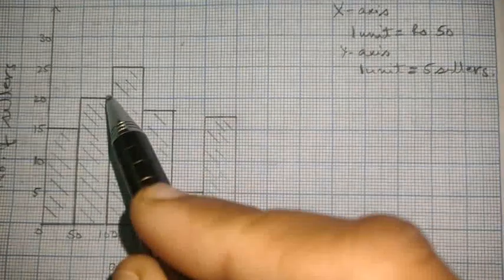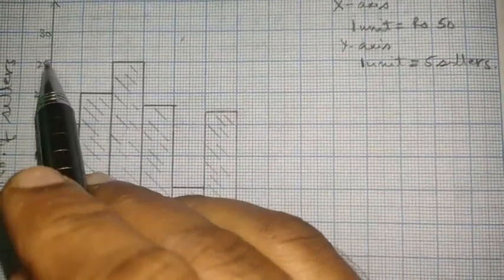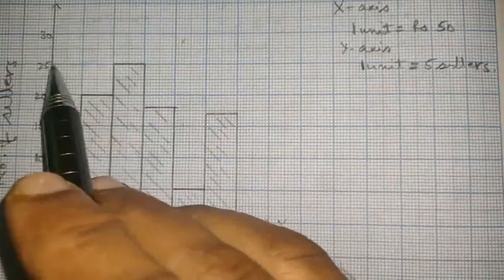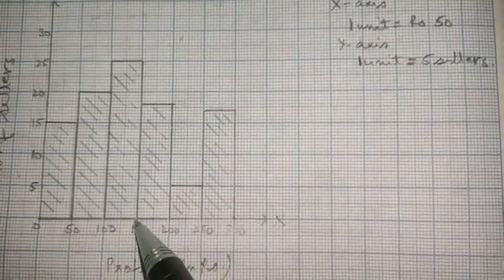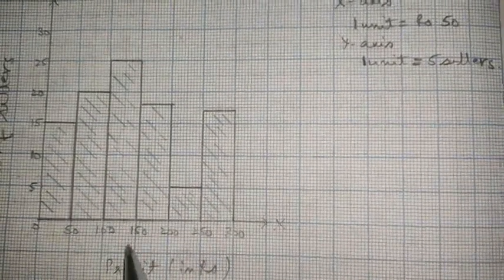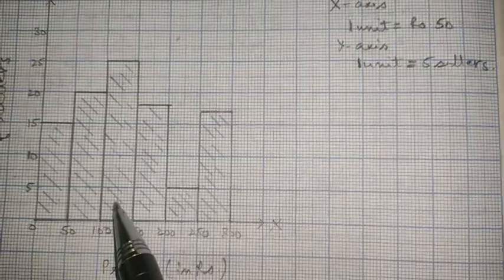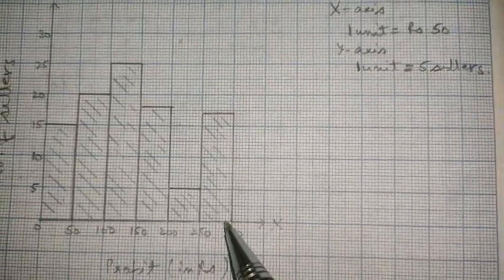Similarly, for the next class, that is 100 to 150, the profit is earned by 25 vegetable sellers. So I'm going to again extend this line further, and then mark the horizontal line right from here, and then vertically downwards. So for 100 to 150, I'm going to draw this rectangular block which will show 25 vegetable sellers, and the same goes with the other classes also. So in a histogram